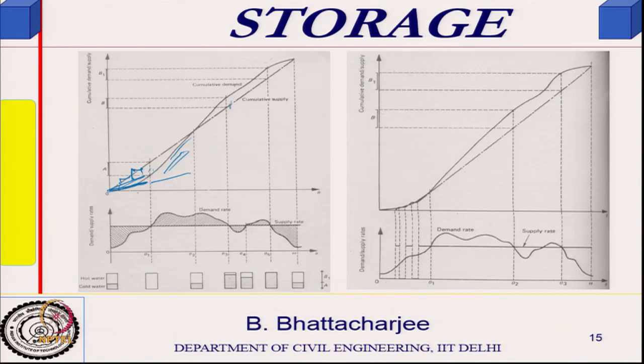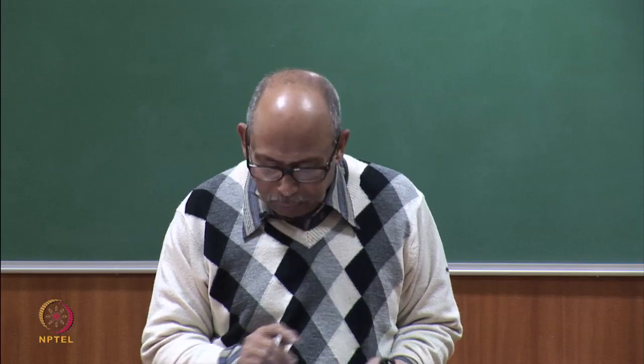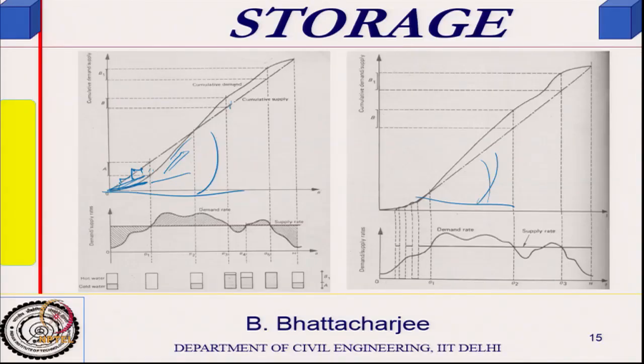What I have done is, now I have increased my slope, this value has increased, this value has increased, but now I am trying to match it as close as possible. So, operationally, the supply periods are not continuous now. What I do is I supply sometime here, sometime there, and then of course, I might supply something like this,